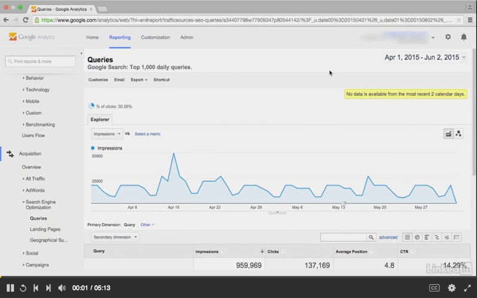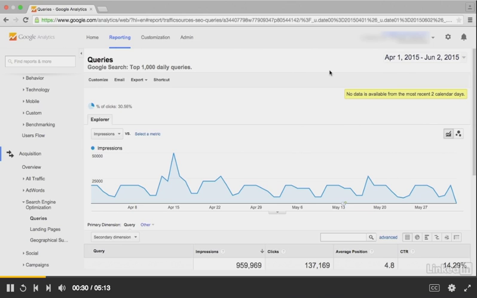Search engine optimization is all about impacting how visible your website is in a search engine's organic results. Essentially, you make changes to your site's technical setup as well as the content on the page in an effort to improve rank. Now, I'm not going to dive too deep on SEO, but I do want to point out that as you investigate and evaluate your SEO, Google Analytics has 3 reports dedicated to search: queries, landing pages, and